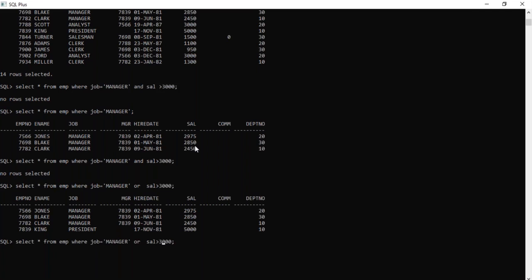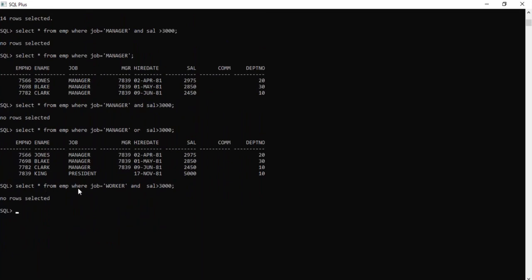Now same thing, if you want to get job is equal to clerk or job is equal to manager. Fine. Now see, we are displaying the data for clerk and manager.